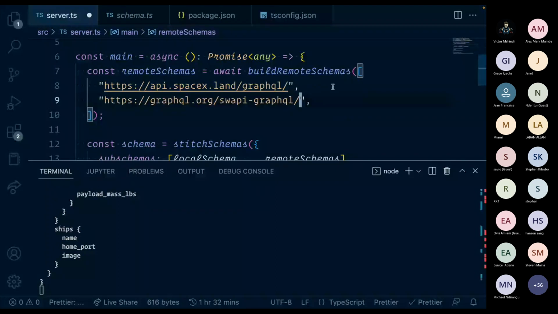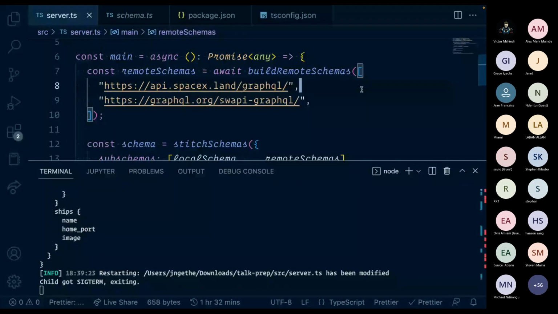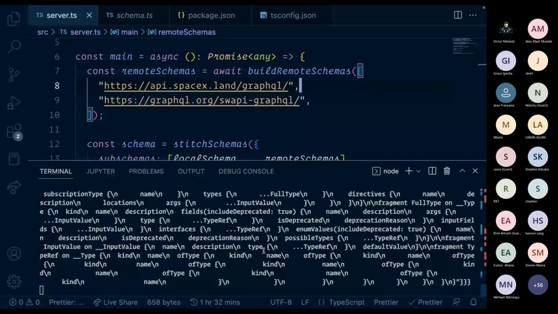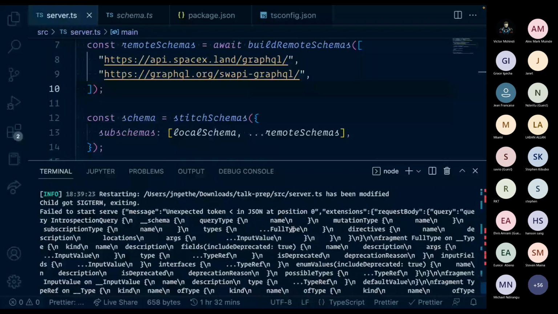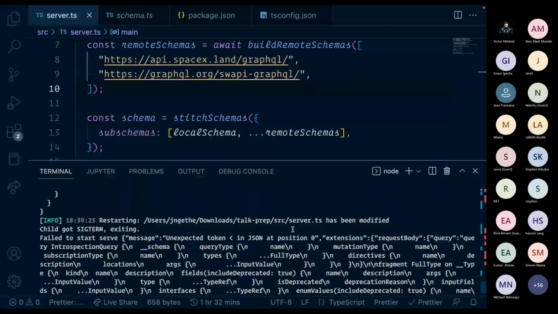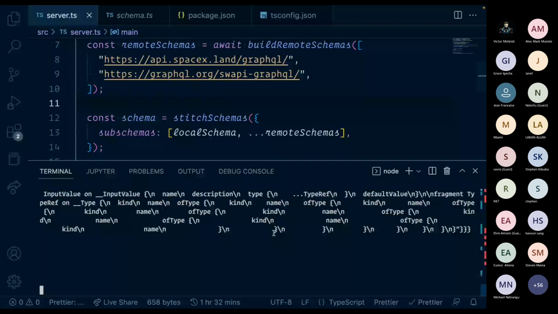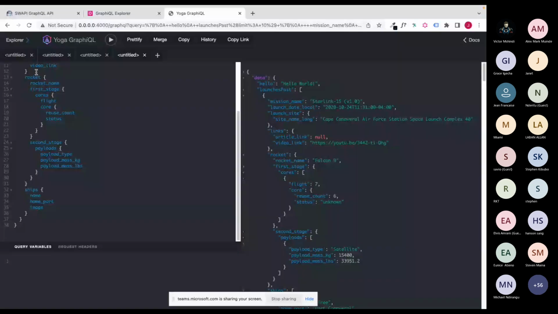Give it a save. I'm not sure if it restarted. Something broke again.